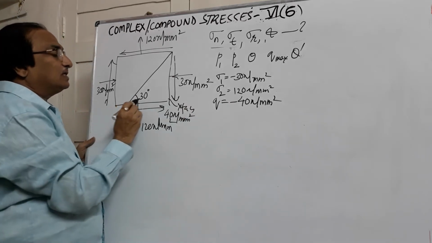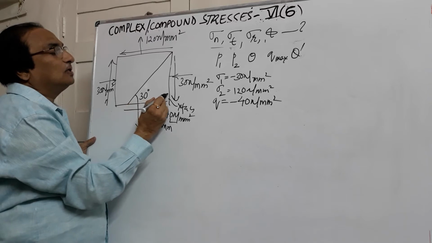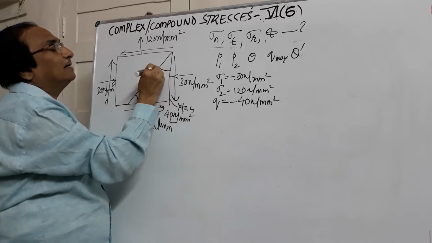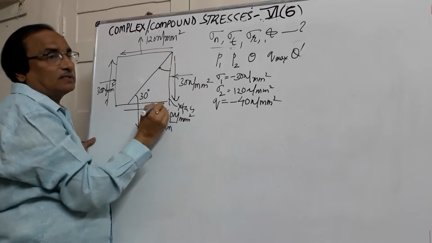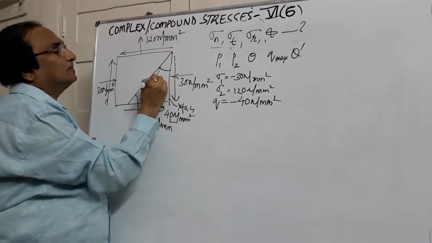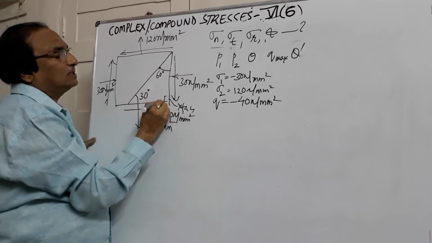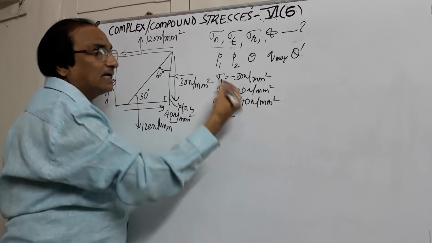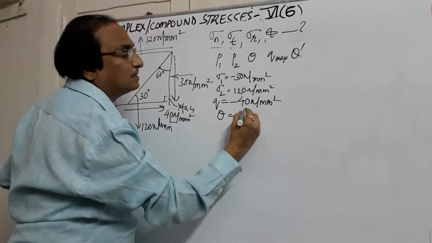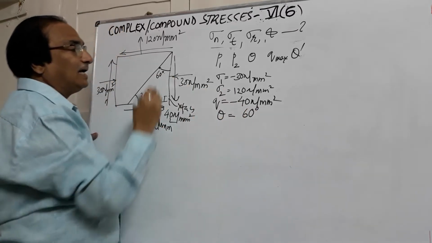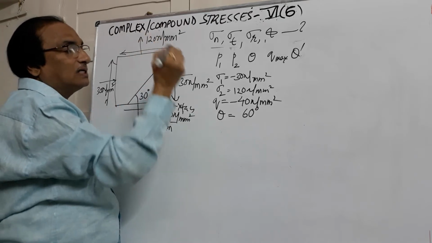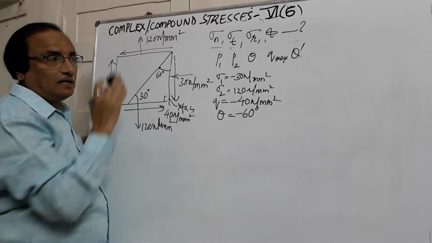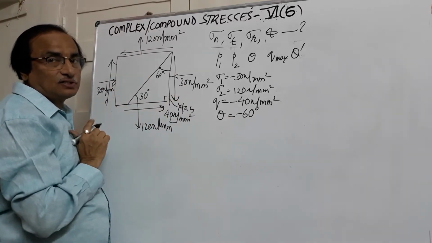Now whenever you measure, this angle should be with the x phase. Because this angle is with the x phase, if this angle is 30, this will be 60 degrees, because this is 90 degrees. Now the angle theta that we will take in our calculations is this angle, 60 with x phase. And we are measuring the angle clockwise, so it should be minus. These are very important sign conventions you'll have to use.